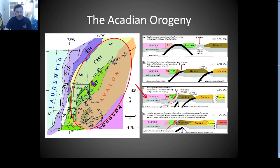Then you have another trough right here associated with the approaching, probably the trench of Avalonia as it approached, and then Avalonia hit, which is right here. This is a chunk of northern Africa. And then another exotic terrain called Meguma, which we don't really talk about because that really doesn't have a lot to do with us. So stage 2, Gandaria, which is this area right here, that would be considered Gandaria, with a subducting trench. The subduction is going underneath this area right here, as well as Laurentia,